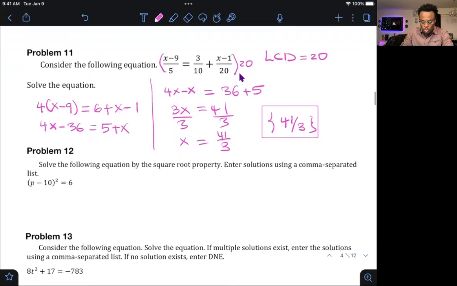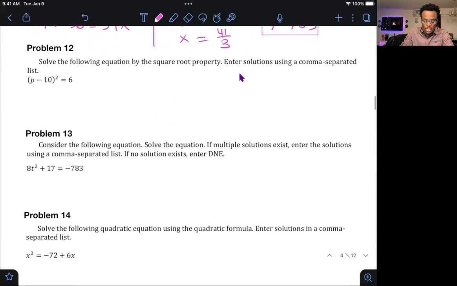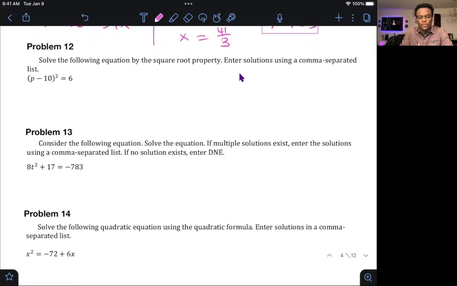Next problem, number 12, says to solve this by using the square root property. So we would take the square root of both sides of this equation, plus or minus the square root of this. Let me rewrite it. So that's the square root of p minus 10 squared